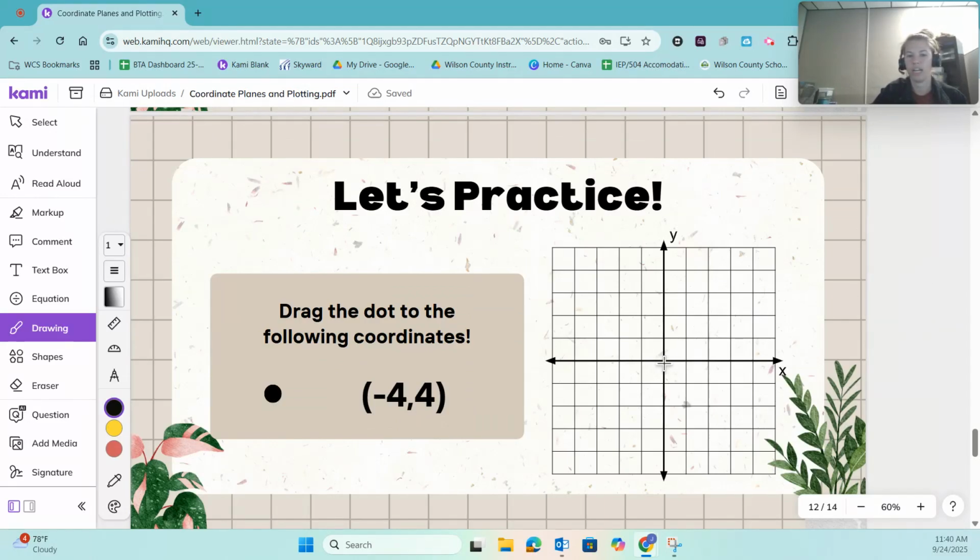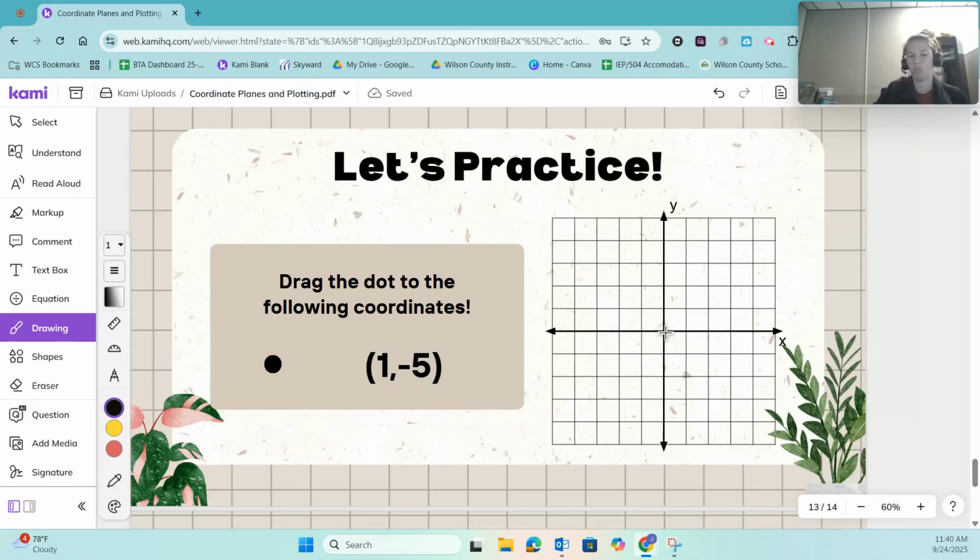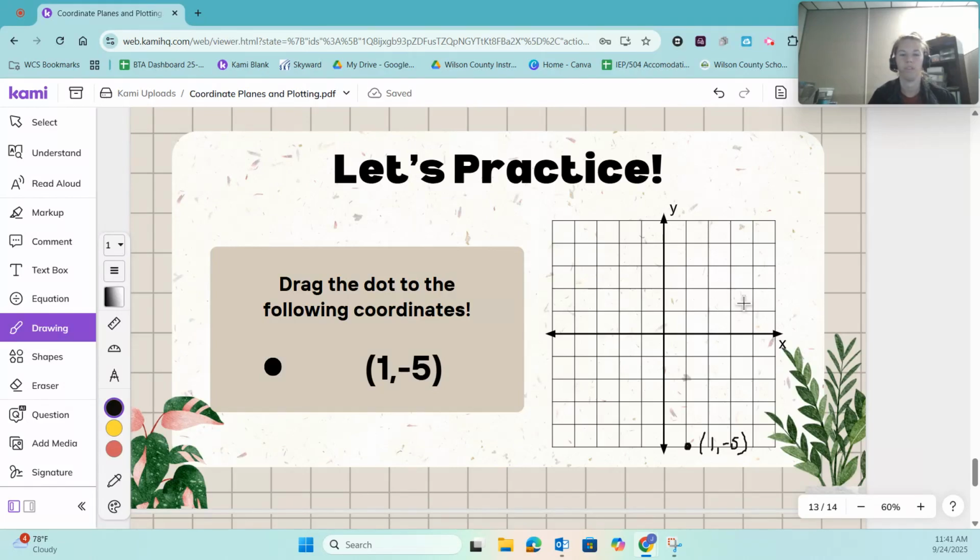Again, we're going to end up in quadrant 2 because I have negative and positive. I'm going to end up right here: negative direction on the x, positive on the y. Then -5, +1 ends up right here. So that is how we plot points in the coordinate plane and a little bit about